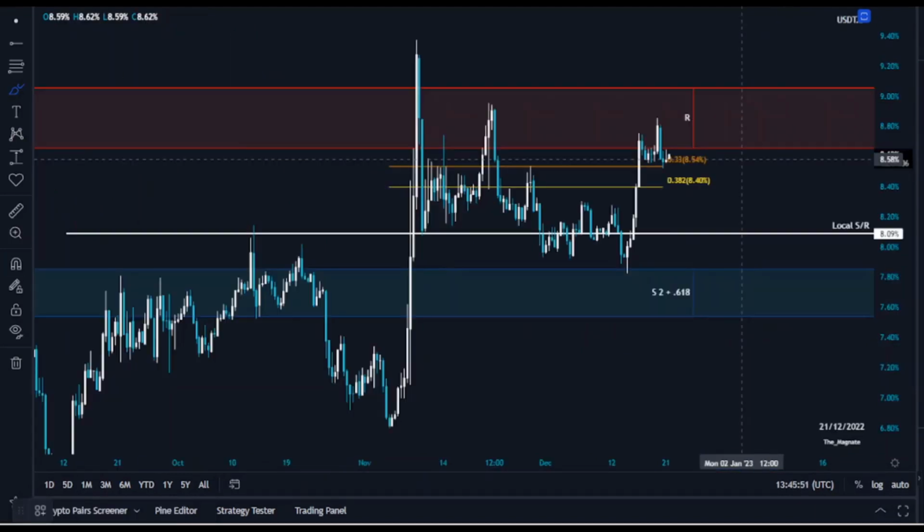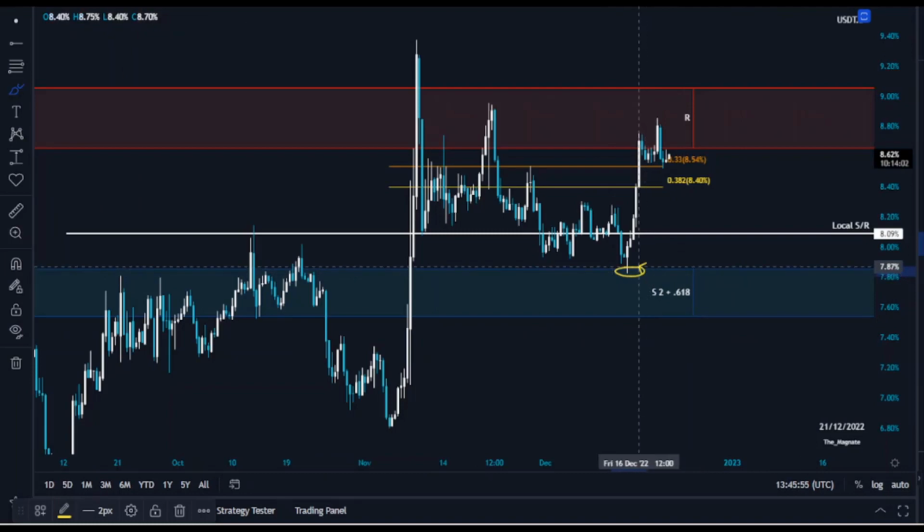Let's have a look into a USDT dominance chart. As soon as we reached target number 1, the expected target number 2 was the lower line of this support, which is confluence with the 0.618, and we held it. As soon as we broke the local support resistance, which was acting as a resistance,